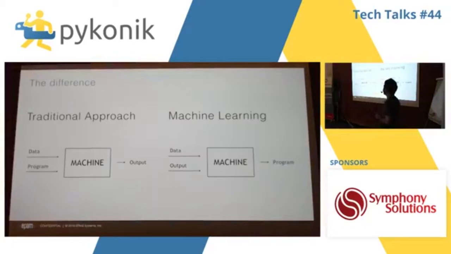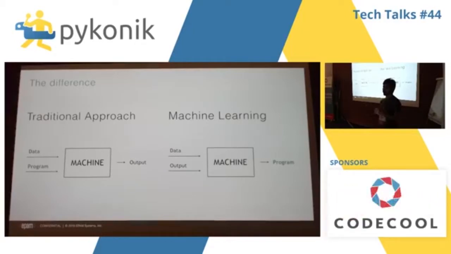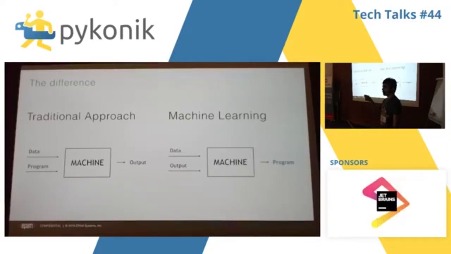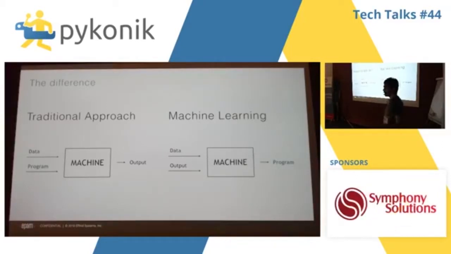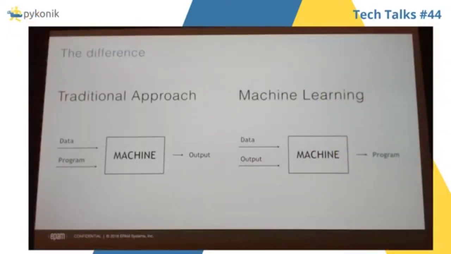So what is the difference between the traditional approach and machine learning? In the traditional approach, for instance, we have a simple Python program. We created a file, hello.py, and simply put print hello world, and we are doing some mathematical expressions inside. So we have data from the user or from a text file or from somewhere. We have a data input, and we have a program, our Python script. And we have a machine, our computer or server, doesn't matter, and we have output. This is our traditional way to program something.